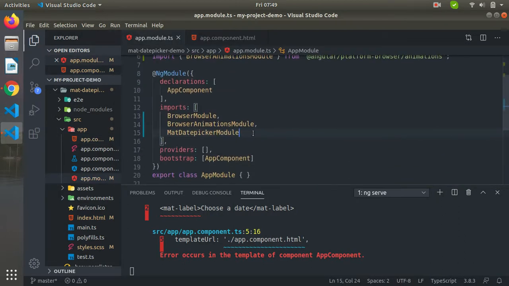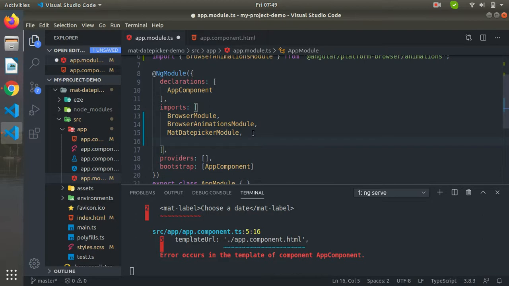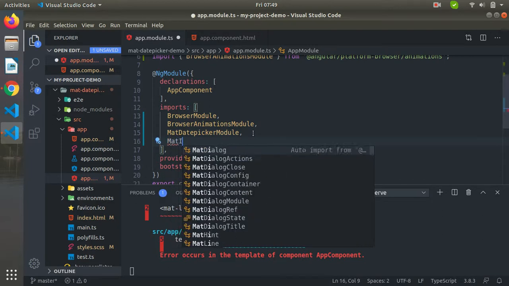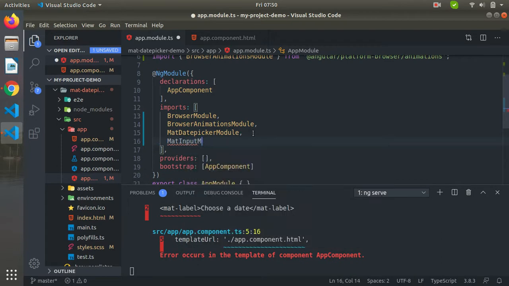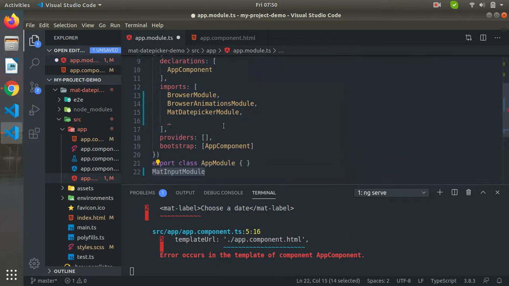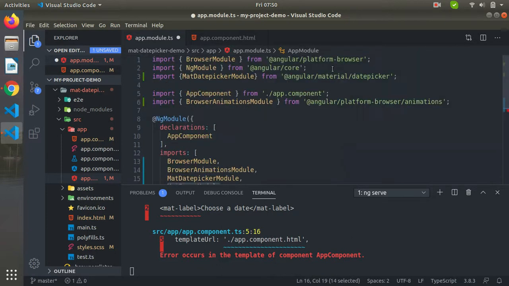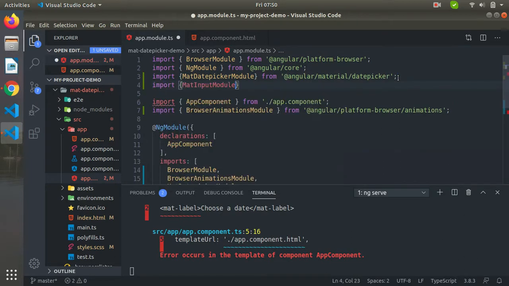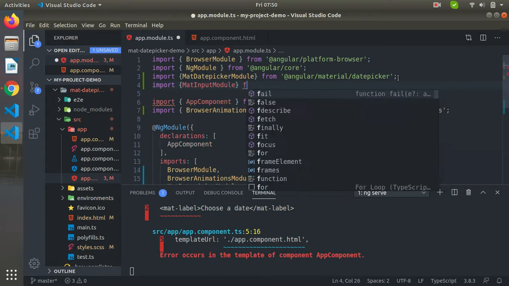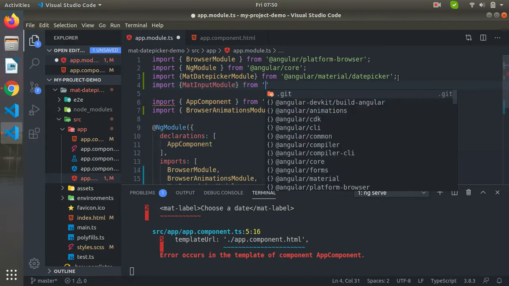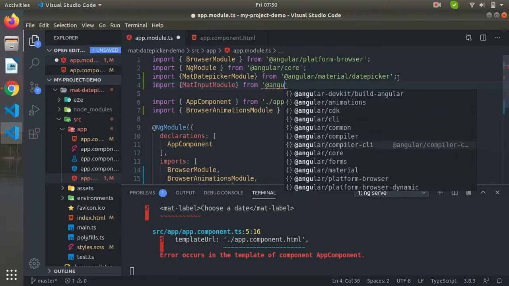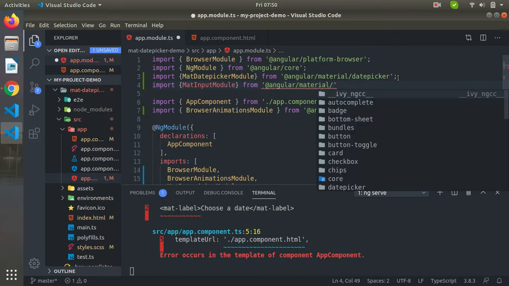So I am going to add mat input module, and I'm going to import this mat input module from @angular/material/input.